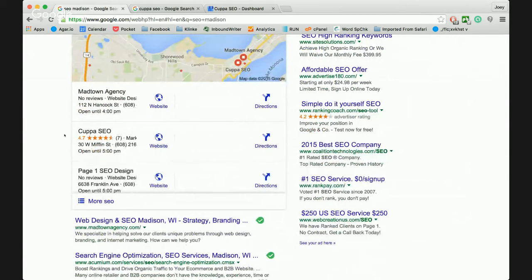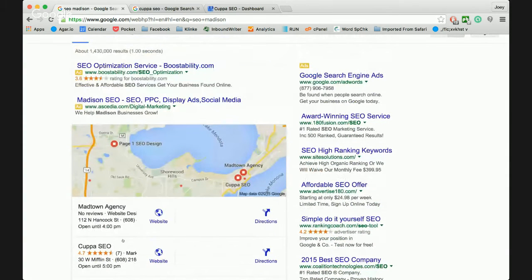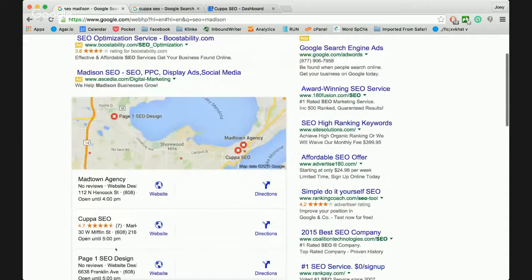And what will happen over time is your region, or the size of your bullseye, can grow or diminish depending on other factors like how well optimized your website is, how much traffic your website gets, if you're consistently blogging, if you're using social media. A lot of things that we're not going to be talking about today, but there are more factors involved with Google My Business than just the one page. So here is the Cuppa SEO, and that's about an 8-mile drive from where I currently am.